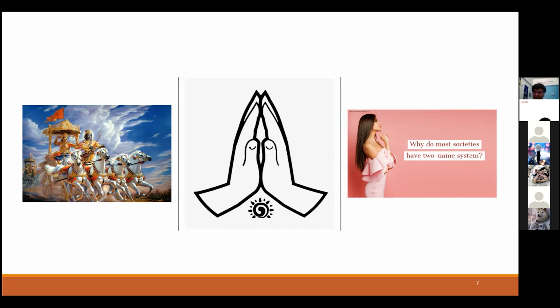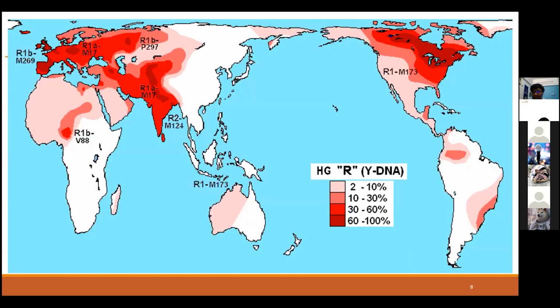While in the north and also in most of the countries in the Eurasian subcontinent, you will find that people have a name and a surname. The surname always identifies either the village you come from or the profession of your ancestors or what your ancestors did. In fact, it is said that the two-name system mostly spread with the spread of the Indo-European group of languages.